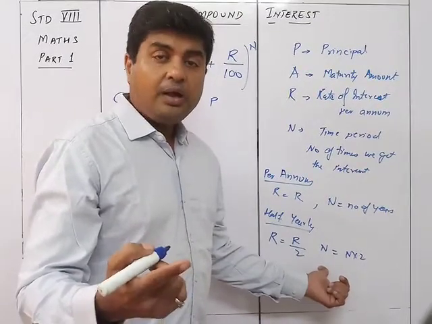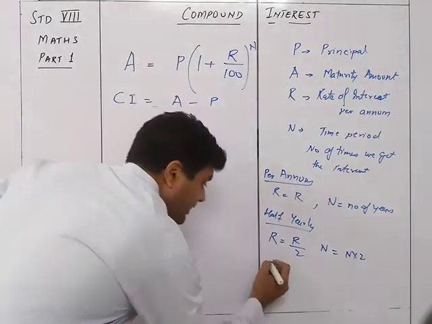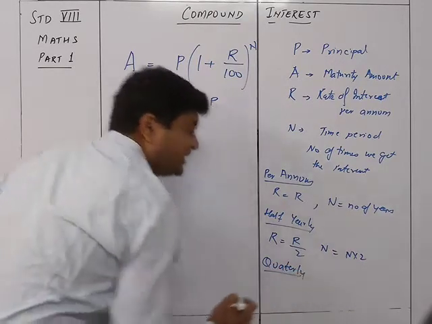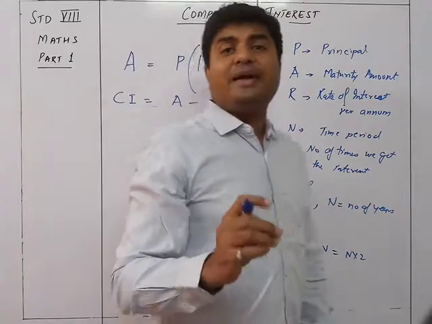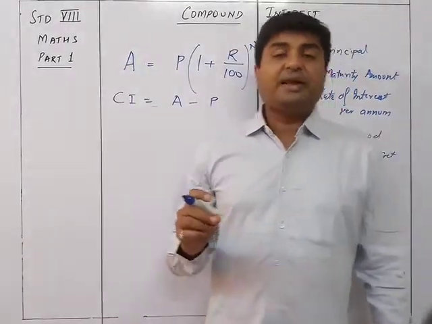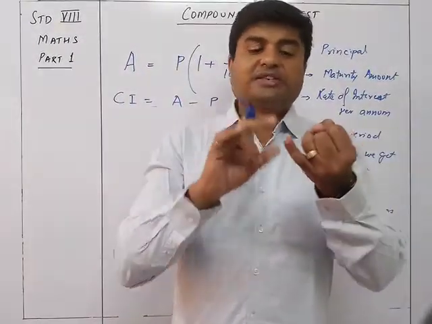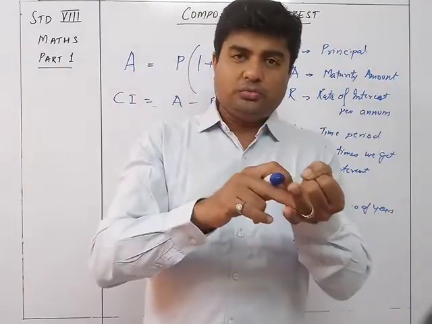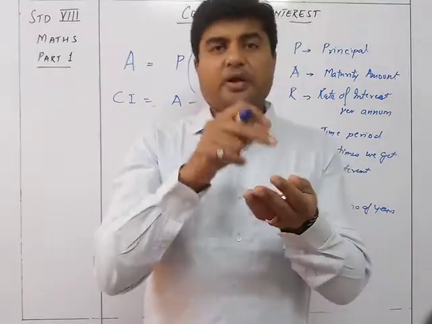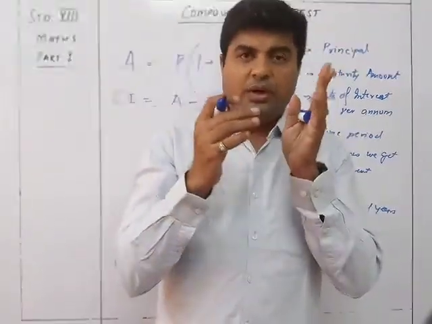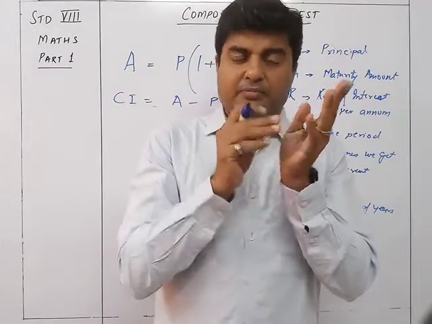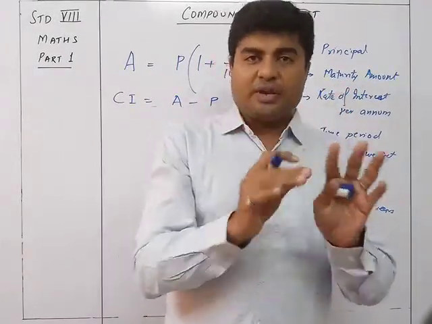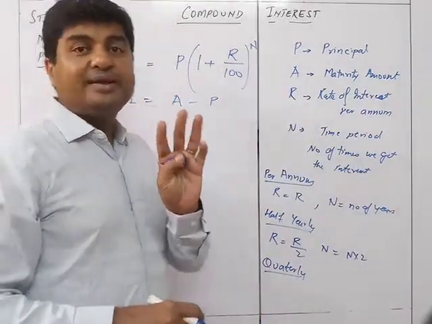Another factor is if I am given quarterly. Now quarterly means every 3 months. If I am going to get the interest every 3 months, that is called quarterly. Then what happens? January, February, March, at the end of March I will get the money. Then April, May, June, July, August, September, October, November, December. Like this, 4 times. So I get the interest in December, in March, then I'll get it in June. Like this, I will get the fourth one in December. So every year I'm going to get interest 4 times.